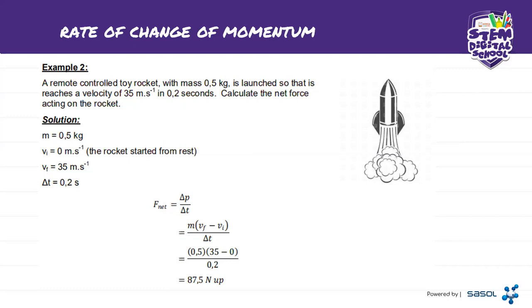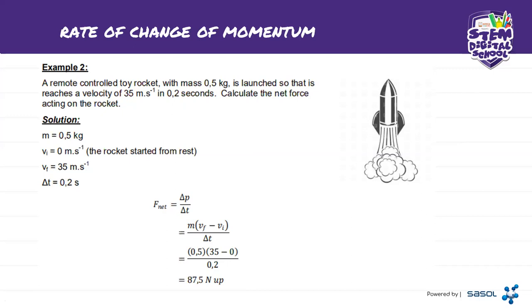So the F net is gonna be change in momentum divided by change in time. So change in momentum, we know that it's both the same mass because it's one rocket. So we're talking about an object in motion, a single object in motion. So the mass stays the same. So it's going to be the mass times the final velocity minus the initial velocity, divided by the change in time. And this is what it's going to give us. It's going to give us 0.5 times 35 minus 0, because our initial velocity is 0, divided by